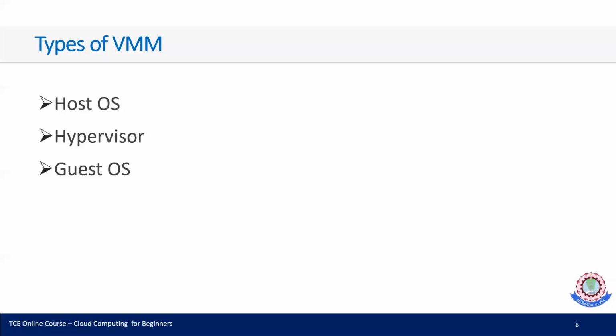Second is hypervisor. It offers best performance, flexibility, and most control in a VM environment. Third is service or guest OS. It combines the hypervisor's robustness with the hosted model's flexibility that uses the existing OS.